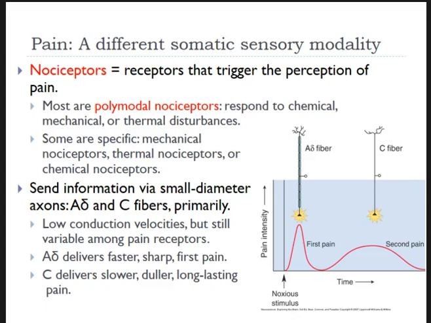Once you get your receptor stimulated, it will send a signal up some manner of a fairly small diameter axon. If you remember that diagram earlier in this chapter of different classes of axons, we had the A alphas, which we mostly don't have in skin, but we then had A betas, which is what all the touch receptors are. Most of the pain reception is going up either A delta or C fibers, and as a result of being fairly narrow diameter, and you might also remember that C fibers aren't even myelinated,